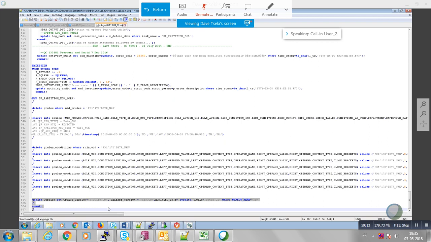Now, a new wrinkle here is sometimes there are HD scripts as well. We indicated the DG now has a reporting database. So if we need to update anything in the reporting database, we create a separate D4 HD script for the reporting database. And we would then tweak also the install file. The install file